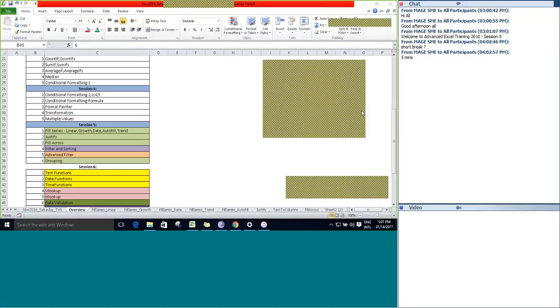Sachin, I just read your query. You're asking about how to replace a number with a word, right? Say for example, I want to replace 1 with ONE, from a number to text. There is no such function available in Excel to convert a number into text.